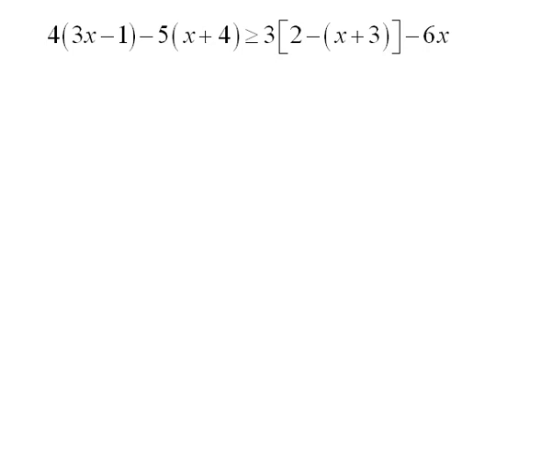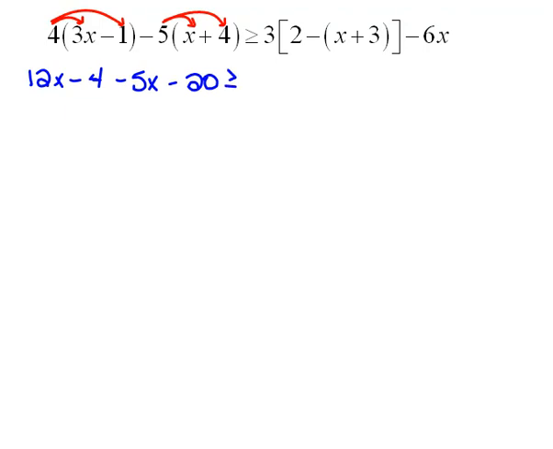So whenever we look at this, the first thing that we should see is that we have to do some distribution here because we have some parentheses. So 4 times 3x would be 12x, and then 4 times negative 1 would be minus 4. Now we also have to do some distribution here. So that would be a negative 5x and a negative 20 greater than or equal to,